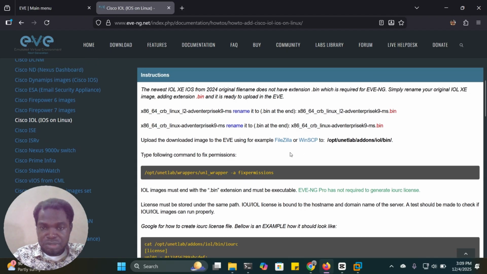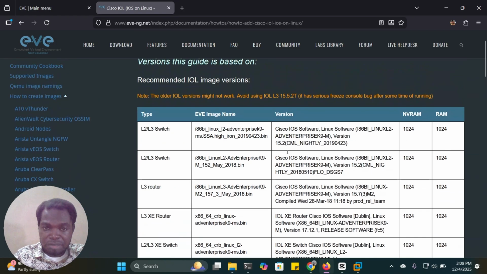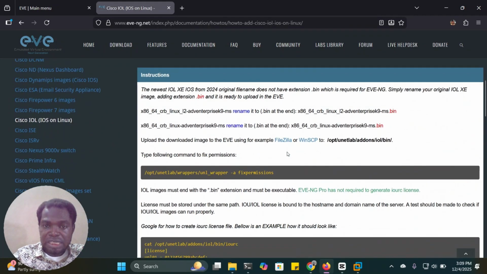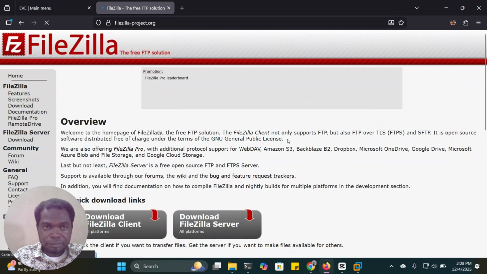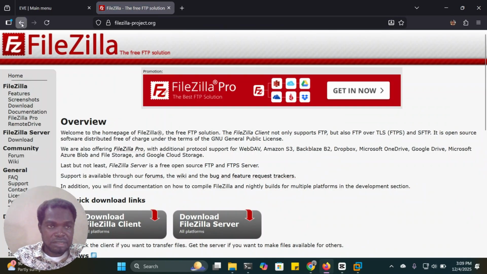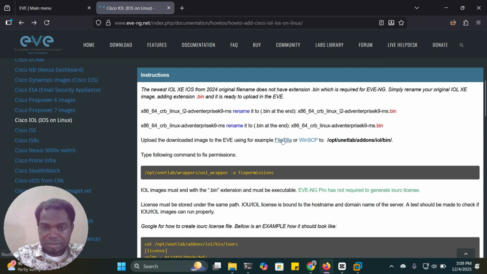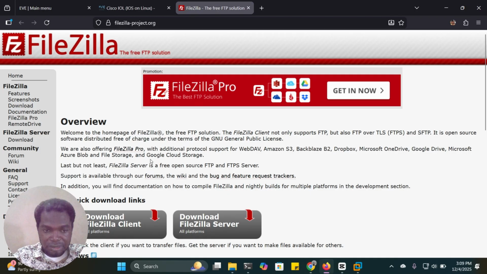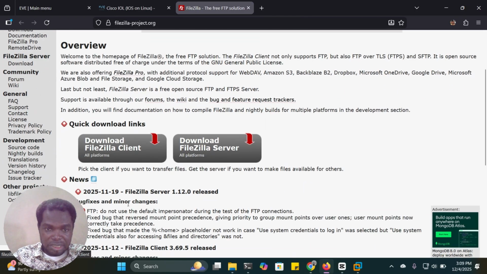So this is the process of how to use these IOL images in EVE-NG. I'm supposed to click on FileZilla. Let me right click it. What we are downloading here is this client.